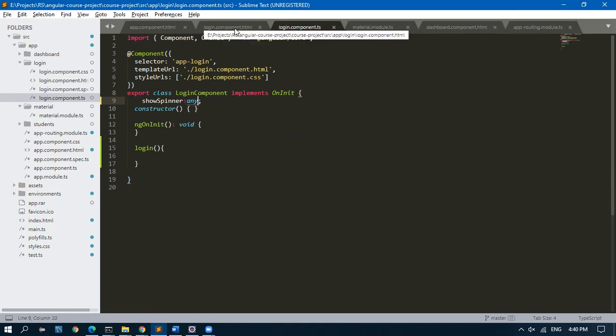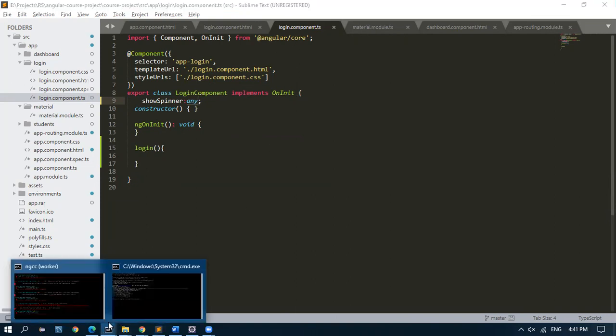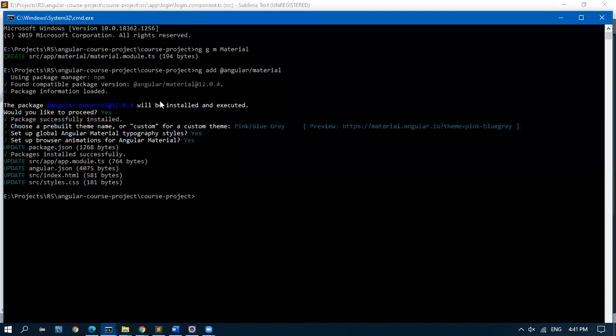Before the start of the class? After I started the class, the first thing I did was ng add material.